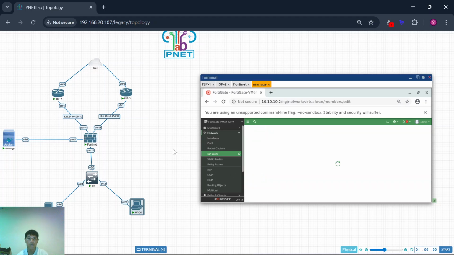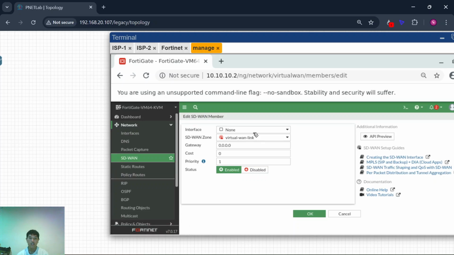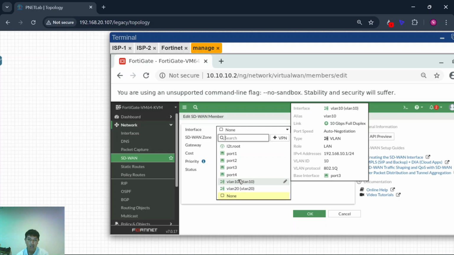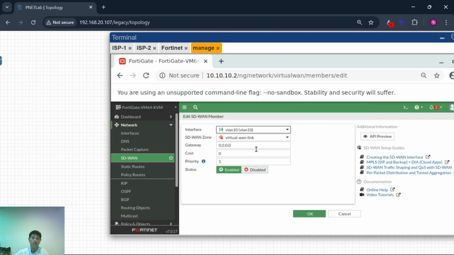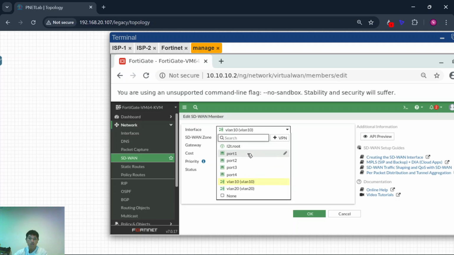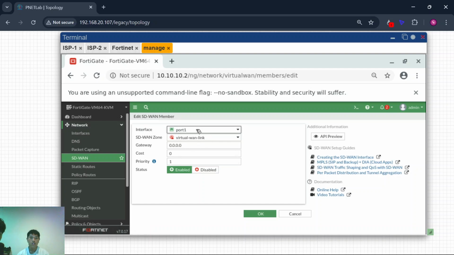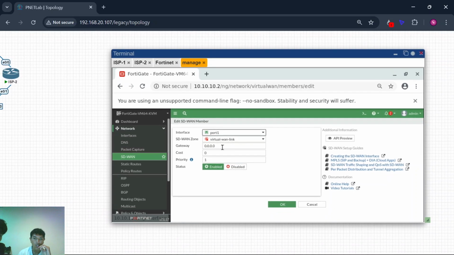So you can click interface. This is the VLAN interface, VLAN 10, yes. And no, this is interface port 1. So this port 1 will be inside the SD-WAN zone, like virtual WAN link here.